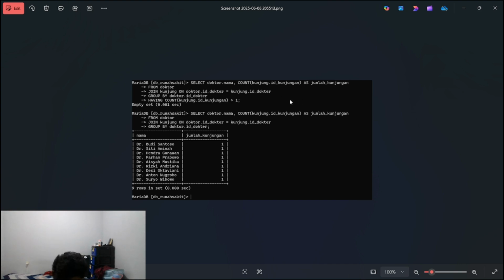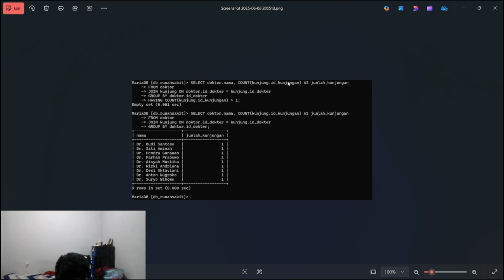this section selects the columns to be displayed in the query. The columns selected are the doctor name and COUNT visit as visit count, which counts the number of visits made by patients to each doctor.